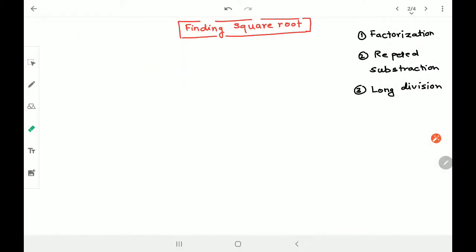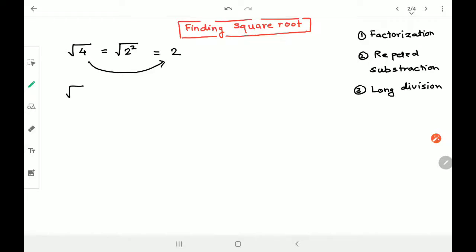that is finding square root. So we have already started understanding the meaning of root. What is the meaning of root? We got to know that root is exactly opposite of square. Root of any number can be found by using the square, like the root of 4 is going to be equal to, make 4 in the form of a square of some number. It will be 2 square. So square and square root get cancelled and I'm left with 2.